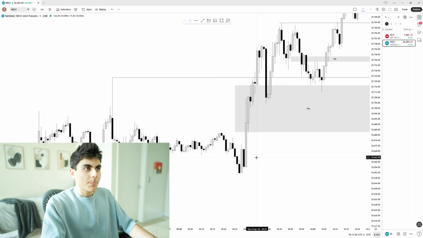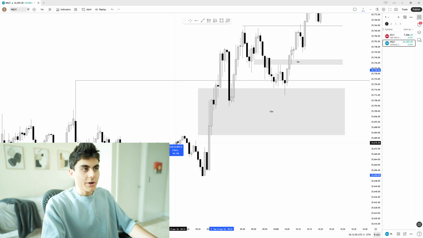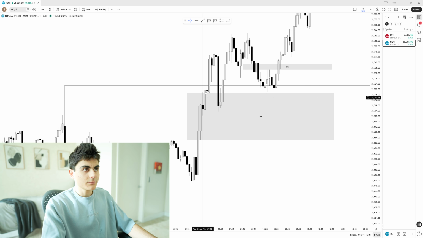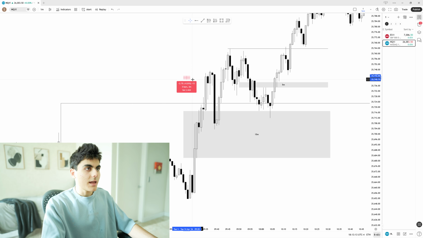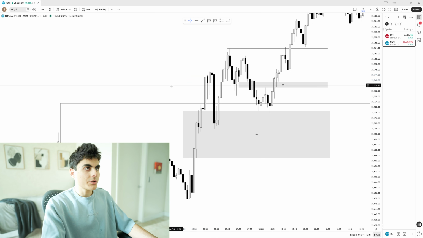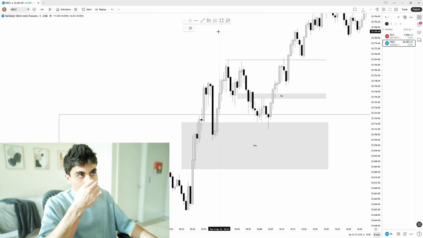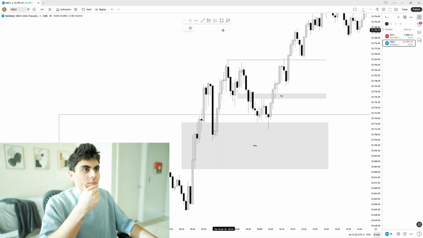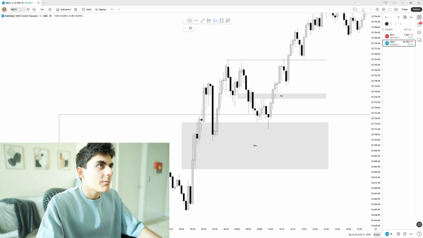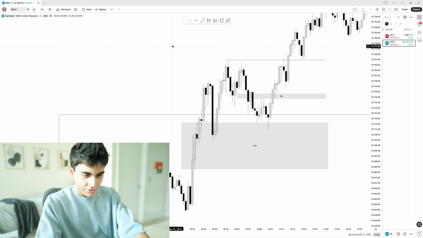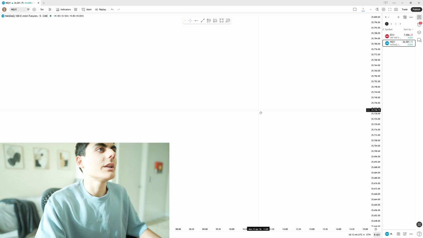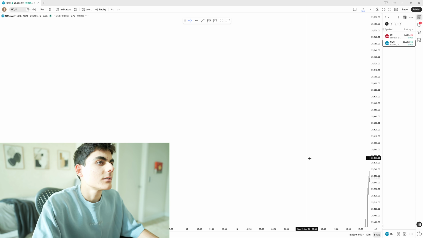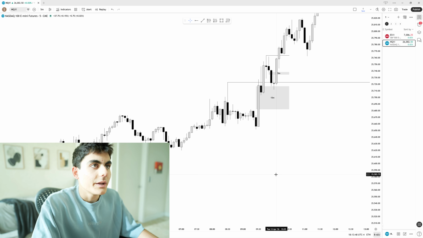Boom, it goes higher. Okay. I don't like to take pre-market gaps. I'm waiting to see what happens. No gap, no fair value gap, and then we have nothing. Okay, so from there, we go. Sorry. My fault. All right.